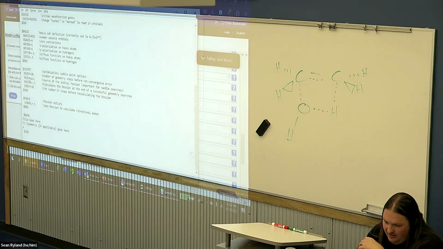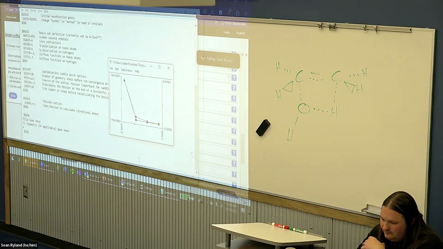And so the Hessian, it's just showing me the geometry. It's not showing the orbital energies. It's giving me, or each of these steps is the,